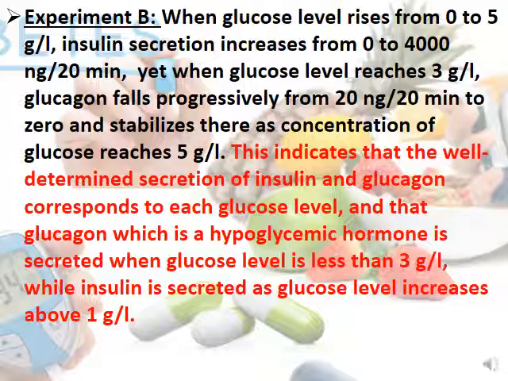This indicates that well-determined secretions of insulin and glucagon correspond to each glucose level, and that glucagon, a hyperglycemic hormone, is secreted when the glucose level is less than 3, while insulin is secreted as the glucose level increases above 1 gram